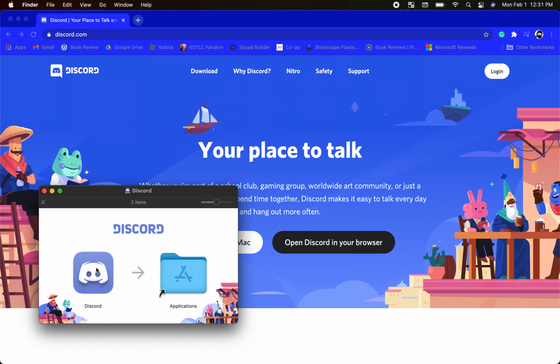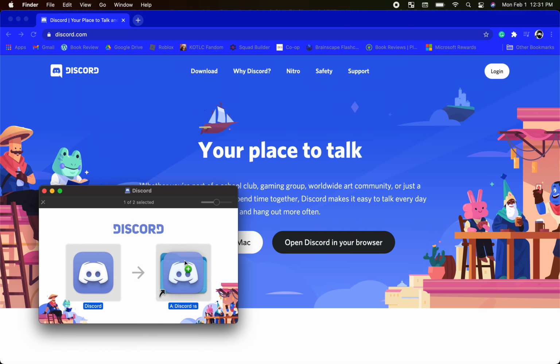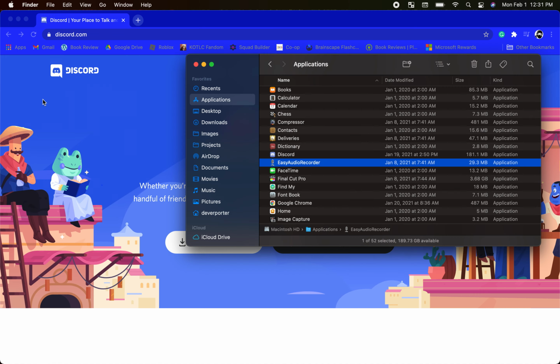And it's going to tell you to drag Discord into the applications folder. So you're just going to pick this up right here and drag it into applications. So now it's in applications. You can close this,